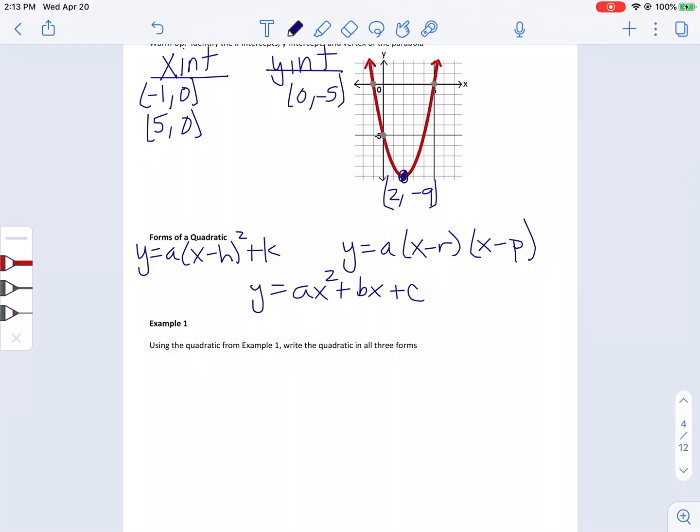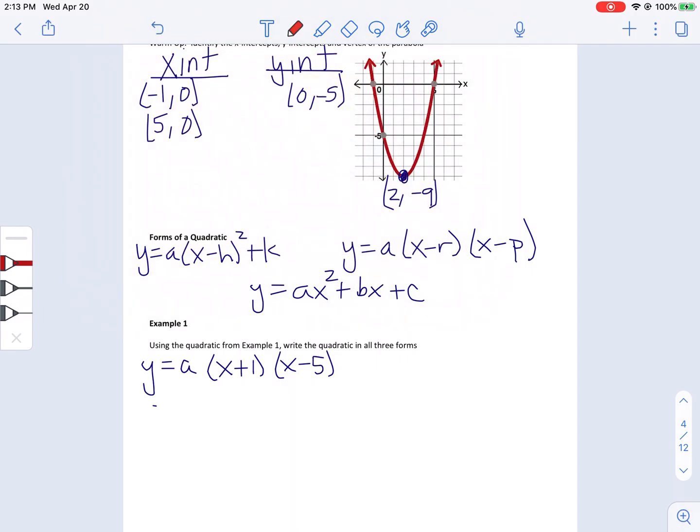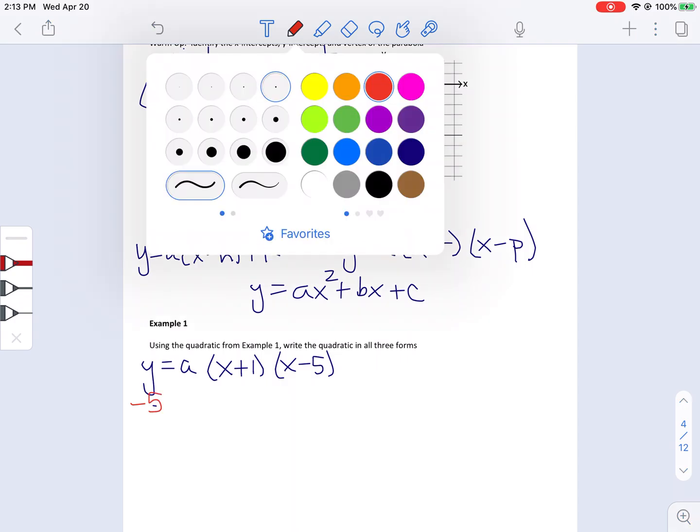Well, I could write it in intercept form. Y equals... our intercepts are -1 and 5, so I know that this has to be x plus 1, and this has to be x minus 5. But then how do we find that a value? We can take any other coordinate and plug it in for our x and y. So for example, if I take the y-intercept, I could say -5